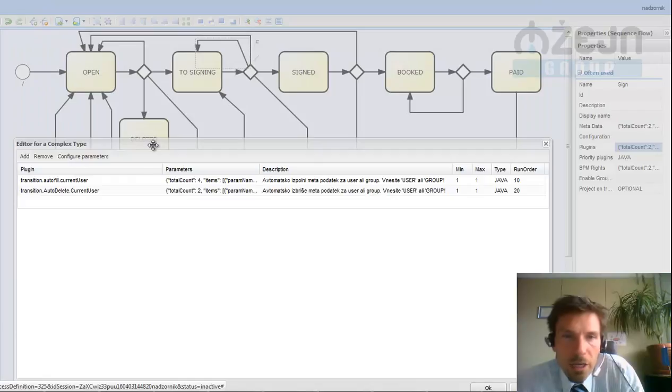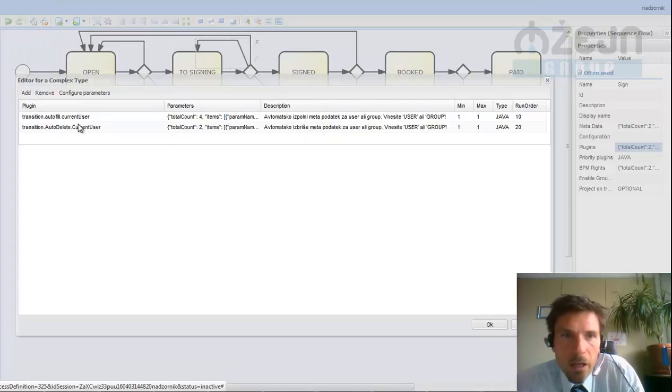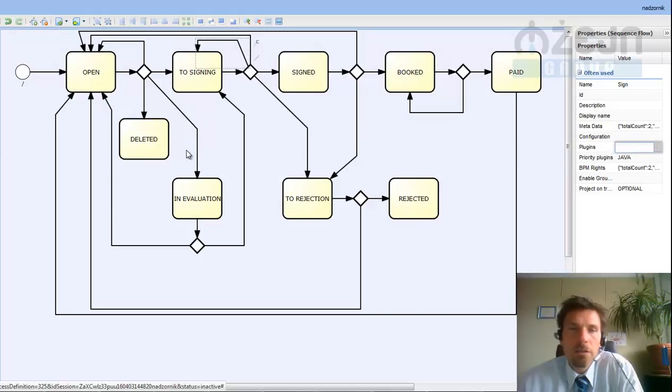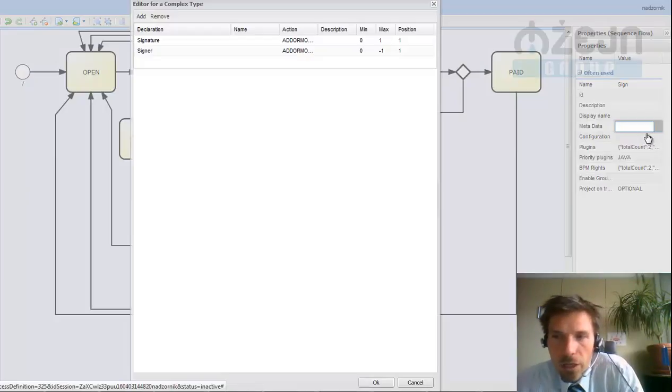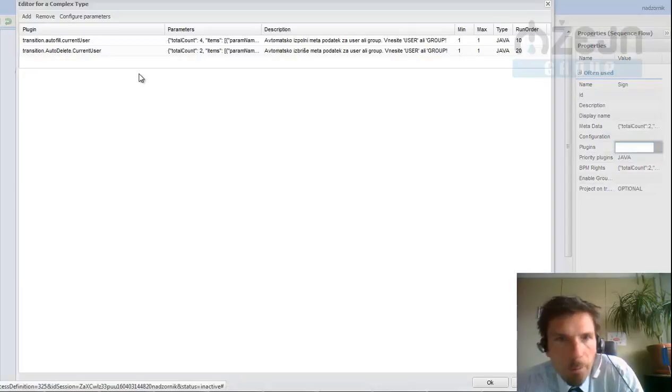For each of the signers who has to sign, plugin transition auto delete current user is automatically deleting the signer on the metadata list on the process. Of course, at the same time, we are also adding a signature, which is of course automatically added by plugin